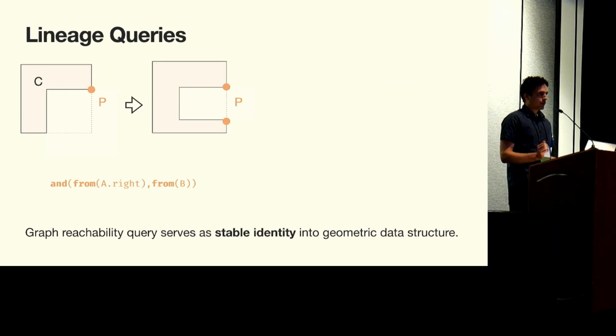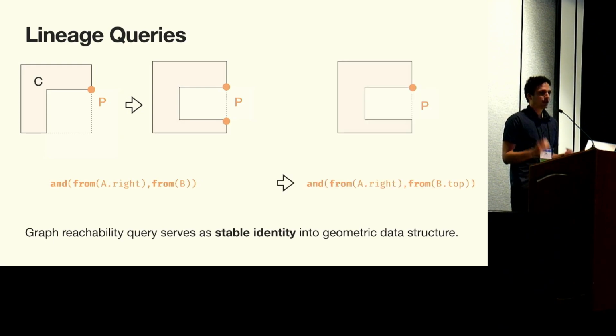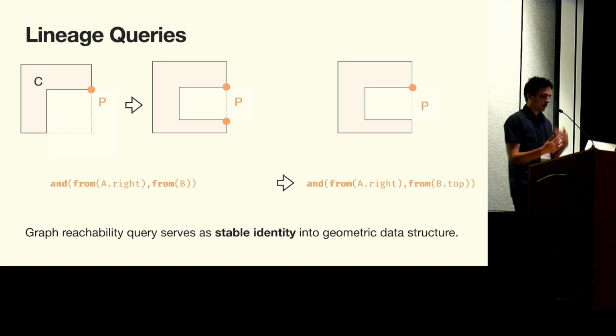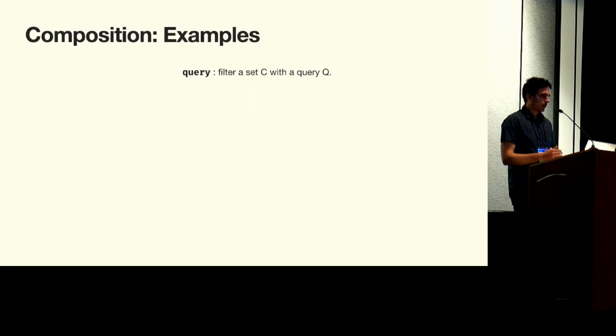And this works over the couple of different topologies, but what if we change B? What if there are now 2 points that come from, if we make B smaller, that come from the right edge of A and B? Well, we can change the query. So this is the essence of the user now has control over what happens in new topological areas. So here, instead of taking anything from B, we're taking points that just come from the top edge of B. All right, so in investigating a couple of examples, and abstracting it a little bit, we want to